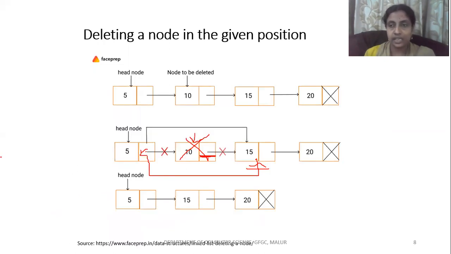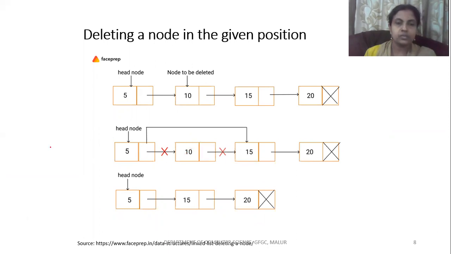So once again, when we see it in the diagrammatic way, we will take the second line. First you need to identify that particular position. So this position is 2, which means we have identified it, so take the address. While moving, as per our algorithm, this will be temp and this will be temp 1. So what we need to do with temp of next, what is temp of next? This address should be assigned to temp 1 of next.